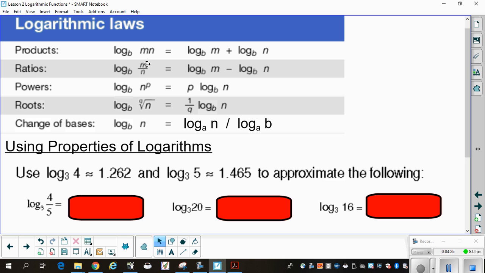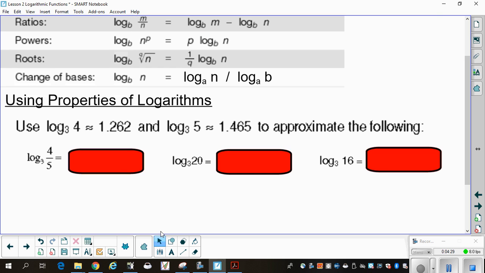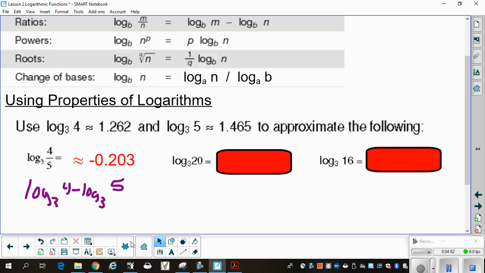So I can change this from 4/5 to the log base 3 of 4 minus the log base 3 of 5. Since I know I have an approximation for log base 3 of 4 and log base 3 of 5, I can do 1.262 minus 1.465 and get negative